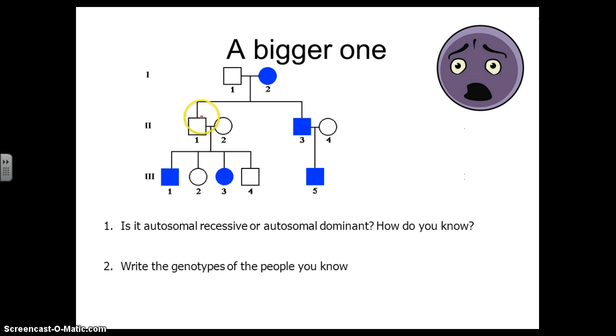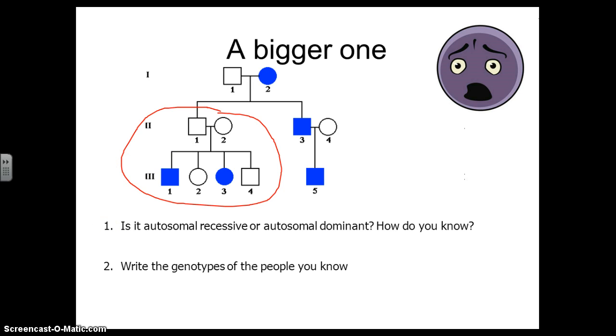Okay, so now I'd like you to take a second and try to figure out whether this one is autosomal dominant or autosomal recessive. I want you to focus on this part of the tree to figure it out. Notice that both parents either have the trait or don't have it, depending upon whether it's dominant or recessive. So I want you to pause the video for a second, really pause the video, and try to figure it out. And then when you think you figured it out, unpause the video, and I will come and discuss this